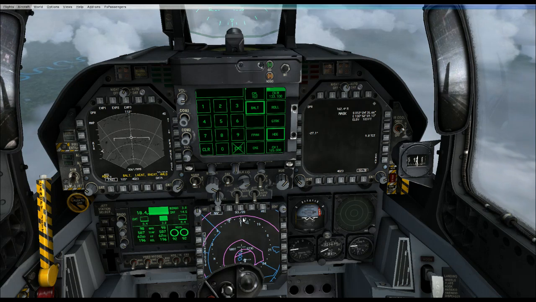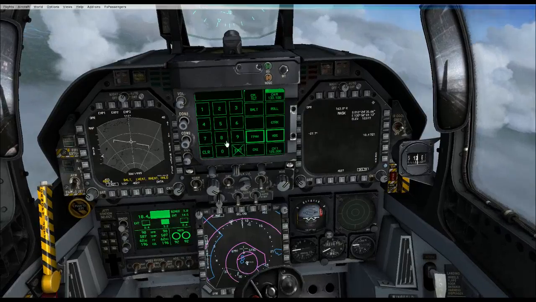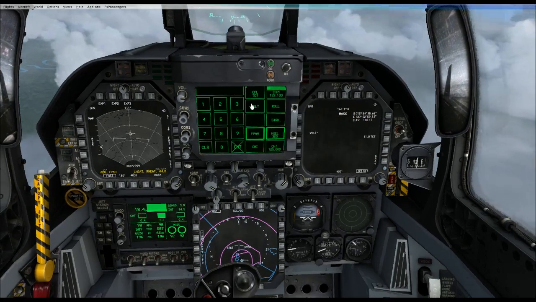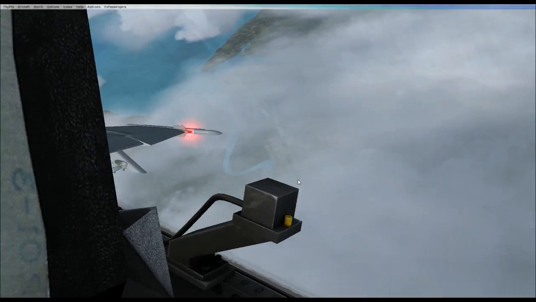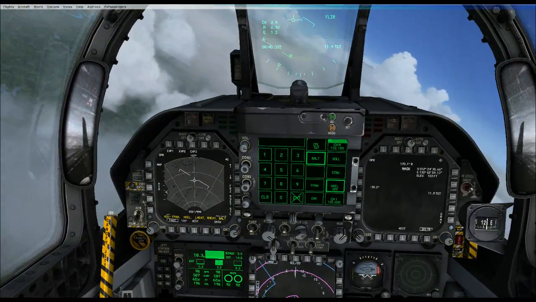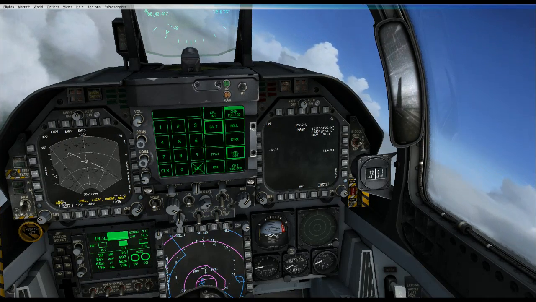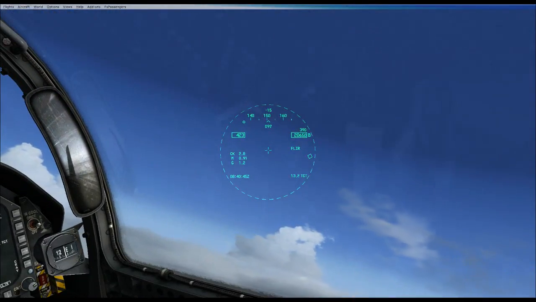So we could go back to 320 and hold altitude, and basically when we turn around it should pick up on radar again, and we'll be good to go. Now, another way to target as well, we can also go Control-Shift-H and turn our HUD, heads-up